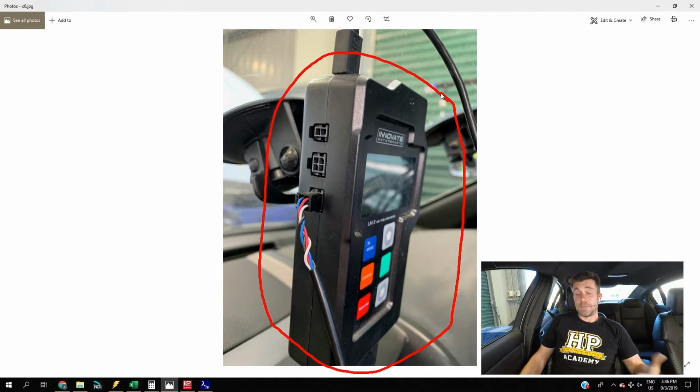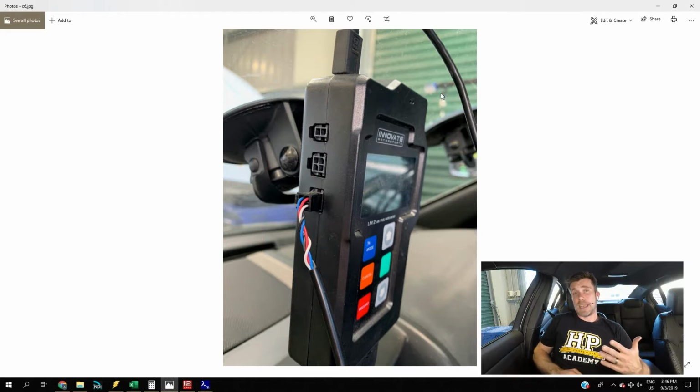Definitely had their fair share of minor issues, but nothing that I would really put down to a major reliability problem. So I like the fact that I can suction cup it to the windscreen there, and while I am road tuning in particular, it gives me the ability to just view the air fuel ratio data out of my peripheral vision, just giving me the ability to make sure that my air fuel ratio is on track.